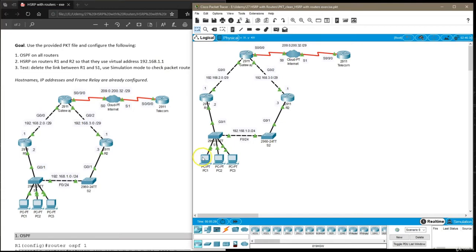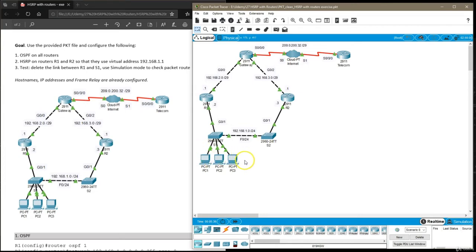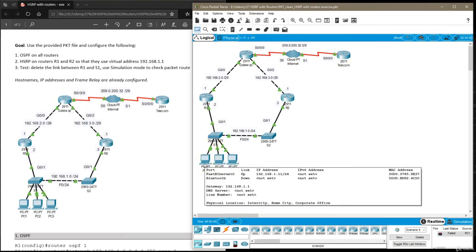So that's the gateway address given to these PCs right here. But if we tried to ping someplace from those PCs, for example, up to router Telecom, that's going to fail, because these PCs don't have any connectivity to their gateway,